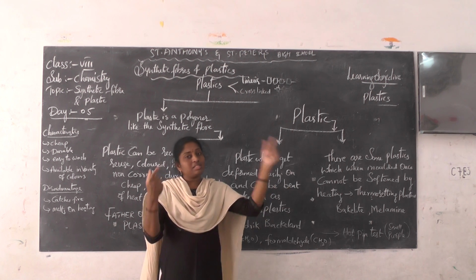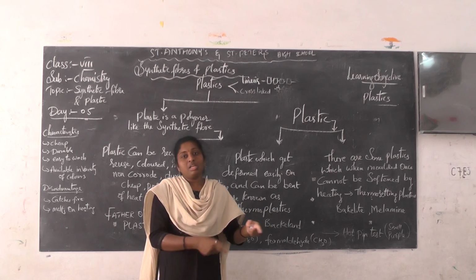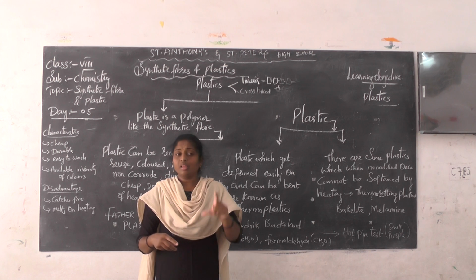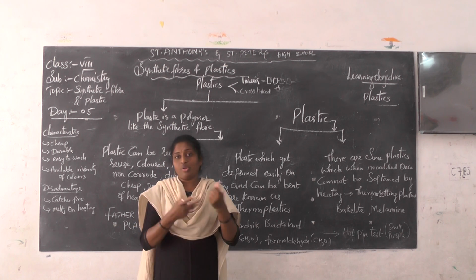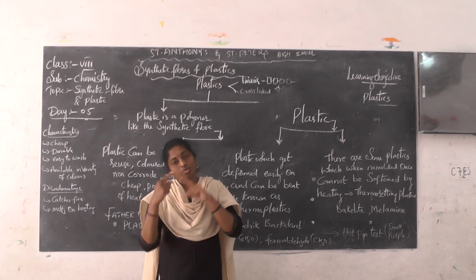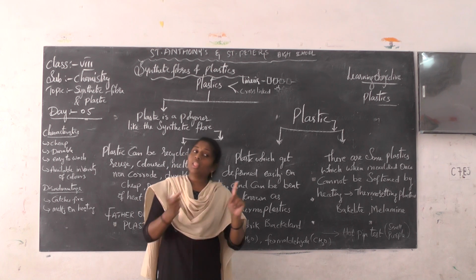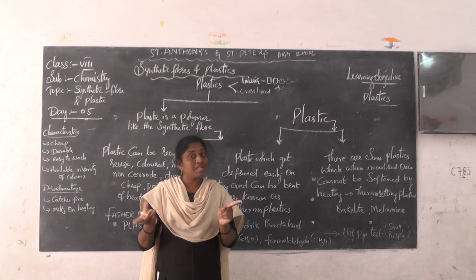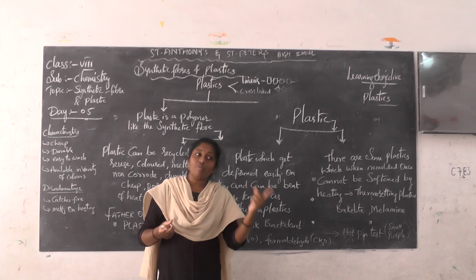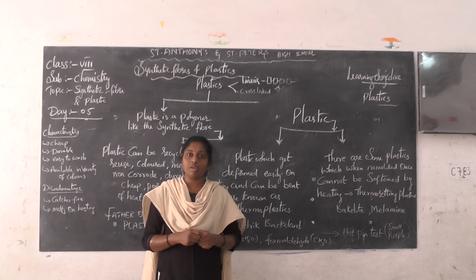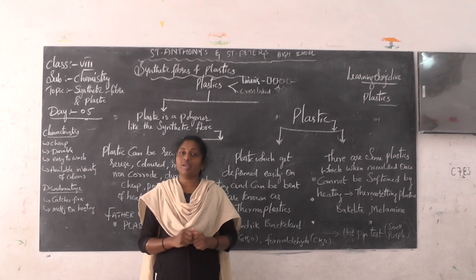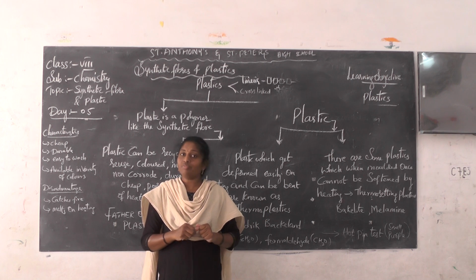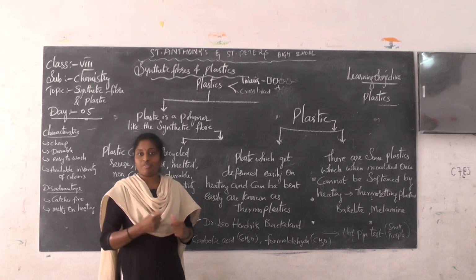In the same way, your friend also bought very hot sambar, but he bought it in Tupperware. Is the Tupperware changing shape? No, it is not changing shape. You also bought it in a plastic container, and that boy also bought it in a plastic container. But why does your bottle change shape and that bottle does not? Because of the different types of plastic. You bought one plastic and that boy bought a different plastic. Now we'll see what the different plastics are.